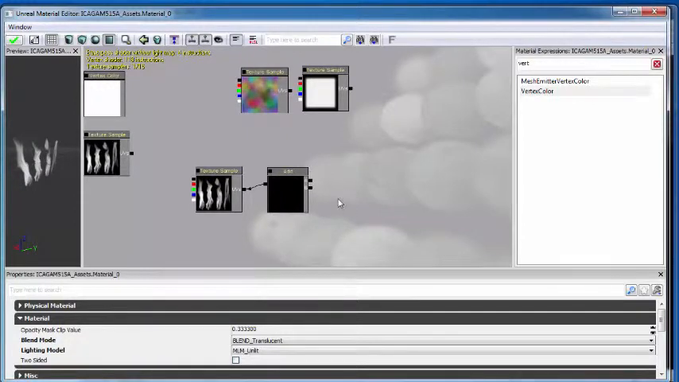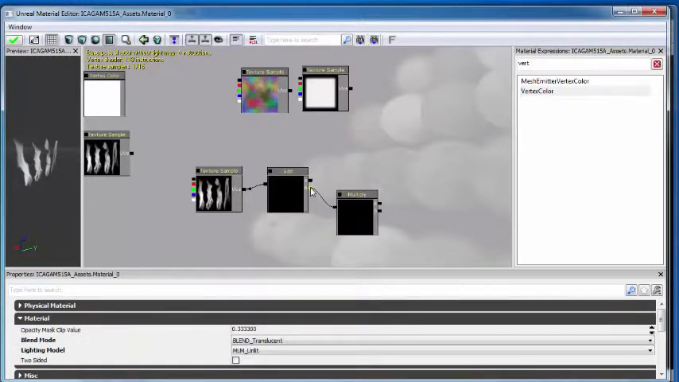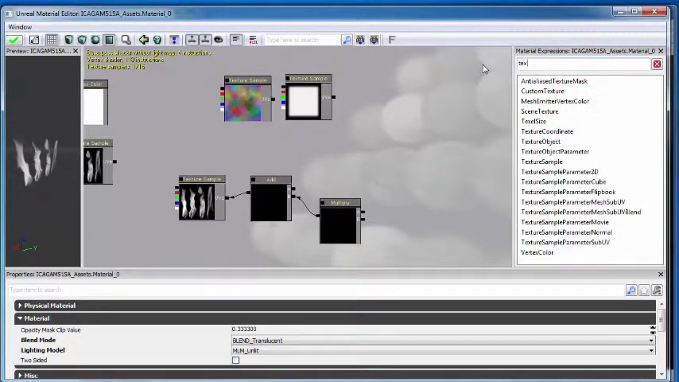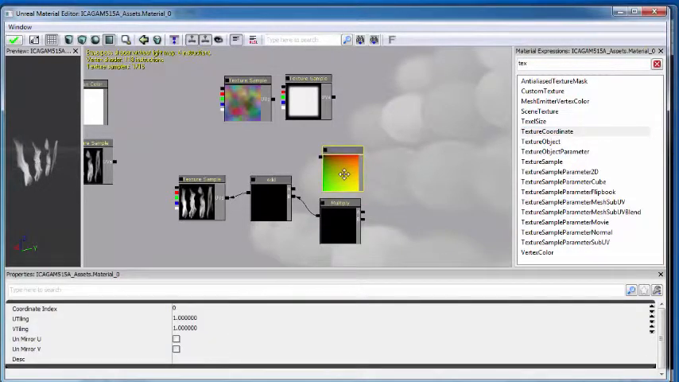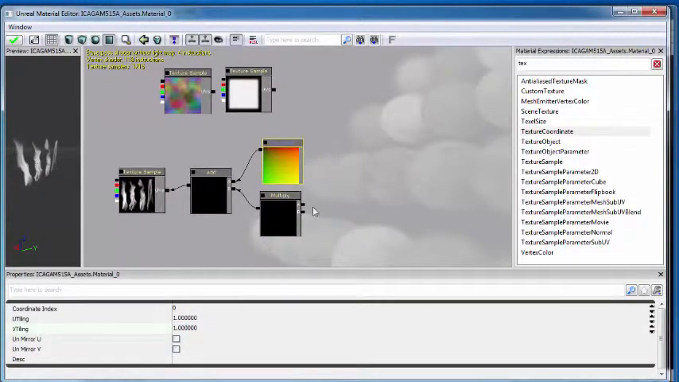Now we're going to hit a multiply onto that. So we're going to hold M and click, and we're going to plug that into B. Now we need a texture coordinate to add to. So we're going to go into texture coordinate. Plug that into A. And what we're going to do here is we're actually going to multiply another multiply